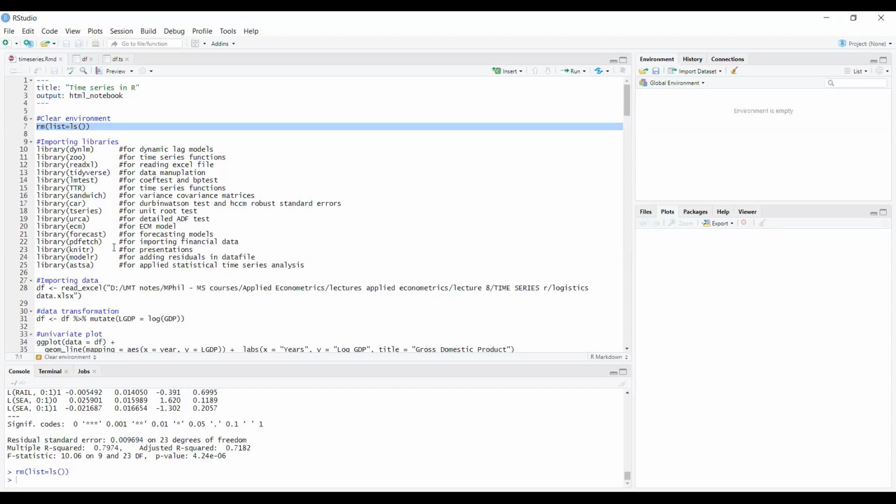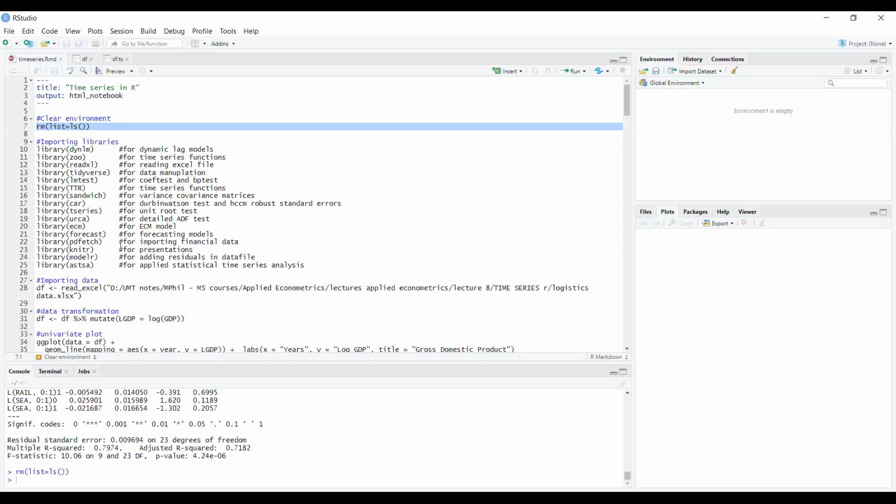Then tseries is for time series unit root tests, and urca is for the cointegration tests, and then ADF tests, and ecm is for the error correction model. forecast is for doing forecasting, and pdfetch is the command from where we can access financial data.